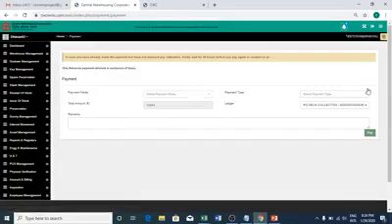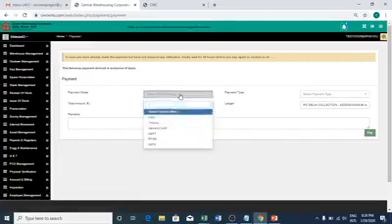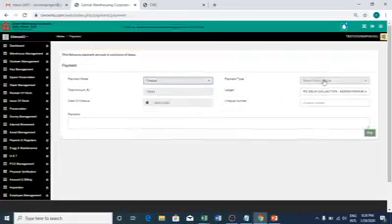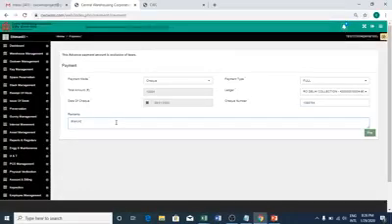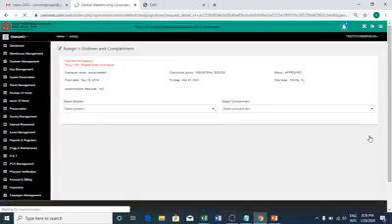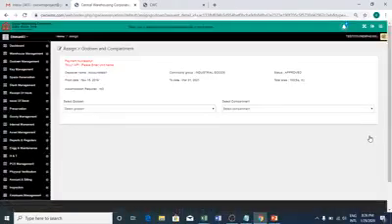I say proceed. I select the payment mode. Let me say cheque. The payment type is full, and then I give the cheque number 1098, some random cheque number. I put a branch. Okay. If you just want to put any remarks, and I say pay. So the payment is done now.